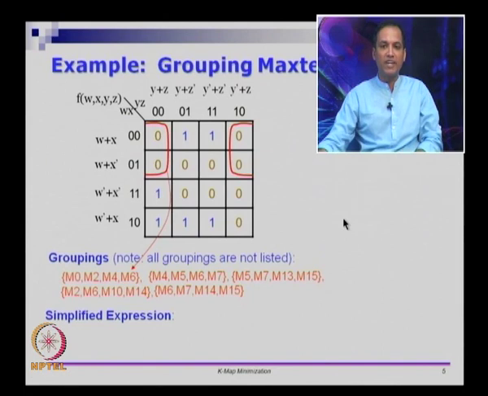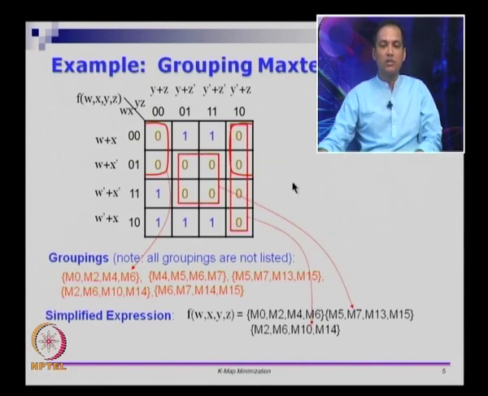Now how do you get a simplified expression? We have to cover all the zeros, and we want to cover it as few times as possible. This is the thumb rule. We want to cover all the zeros, but we want to cover it with as few groupings as possible and as large groupings as possible at the same time. Right? So fewer but large ones. So let us look at the groupings here. If I started with this one,